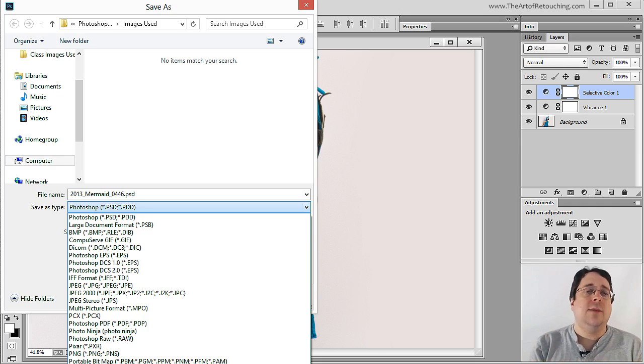I personally recommend TIFF simply because other programs or operating systems have an easier time reading those files in TIFF format as opposed to PSD format. Because other than Adobe, these other programs don't know how to read what a Photoshop document actually is. However, whatever works for you is perfectly fine, doesn't really matter at this point.